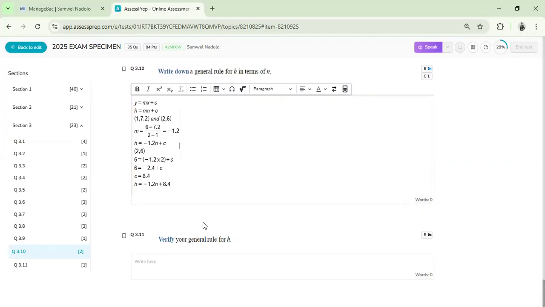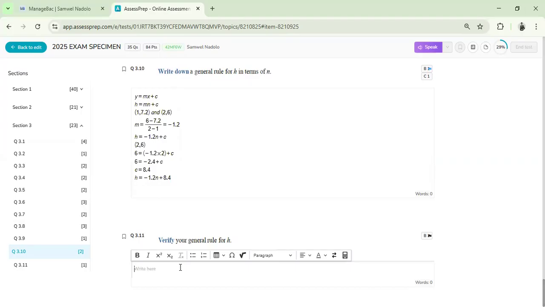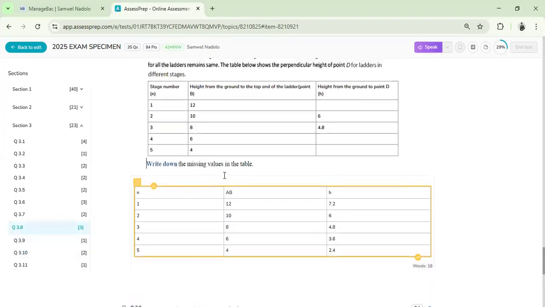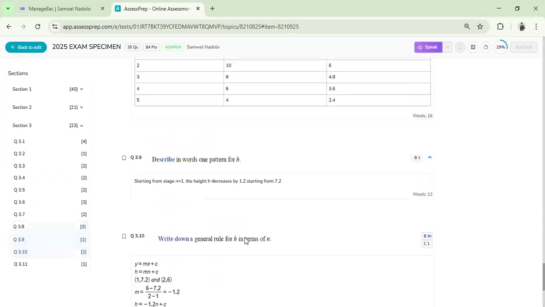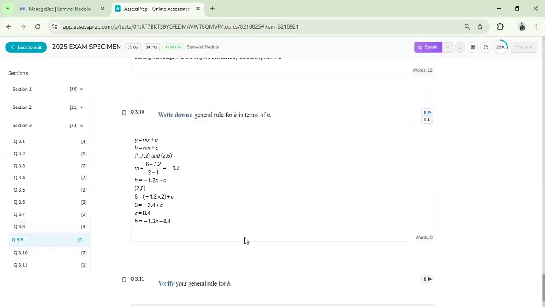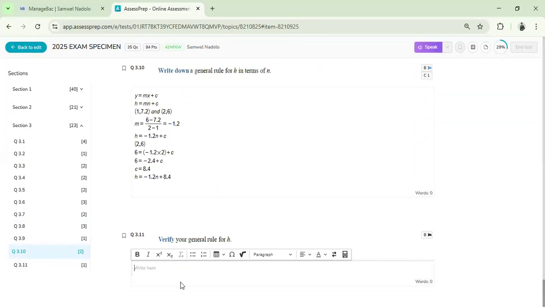Then verify your general rule for h. So how do you verify? You come to the table, use a value that you have generated yourself. For example, we can use 4 and 2.4. Let's see, when n is 5. So we can write our rule: h is equal to negative 1.2 n plus 8.4. Then when n is equal to 5, h will be equal to